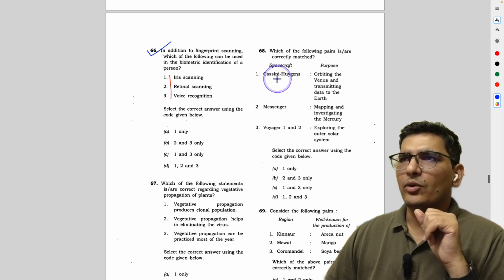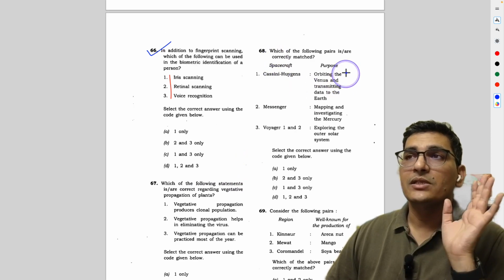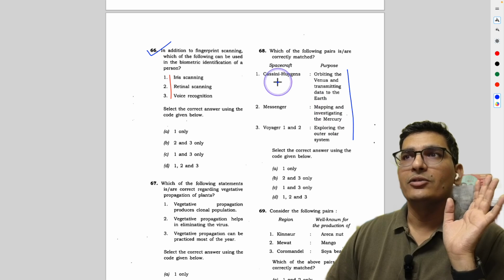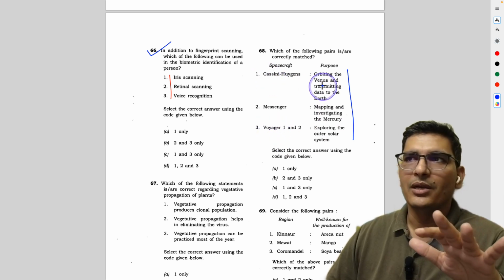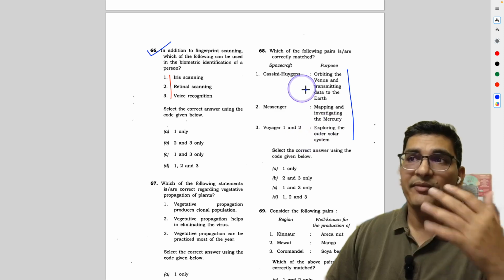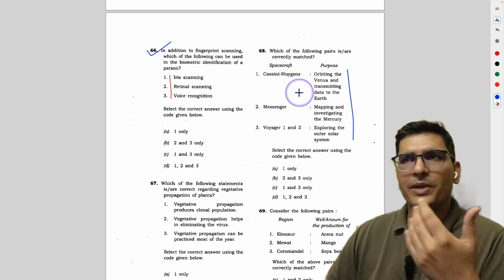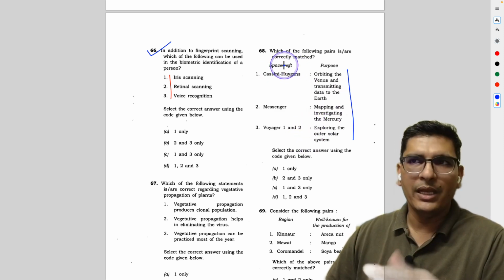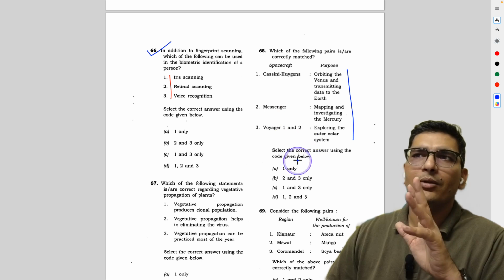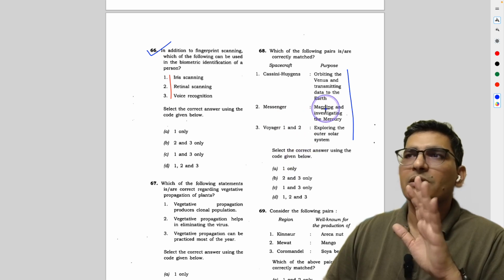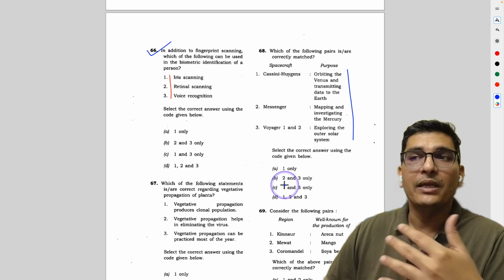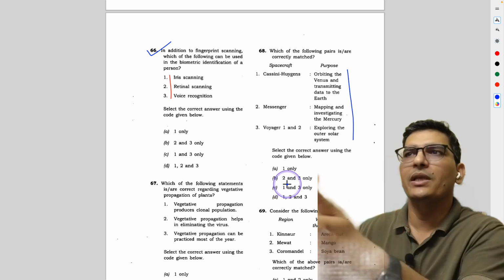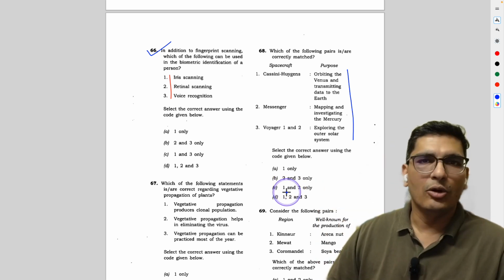Then 68th, okay. Now this is a question which can be done surely in the second round. Just see quickly the names of the spacecraft. Okay, some may be heard, some may be unheard, and then read the purposes. If it makes sense to you, it's a black and white question. Either you will do it correctly, or you will know that some things you don't know. So if the options are helping, great. But if the options are not helping, I'm assuming in this question, for example, the options are not helping,